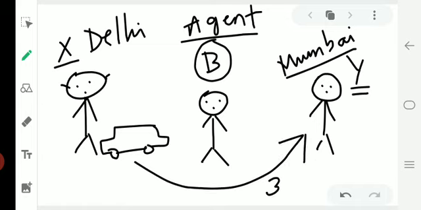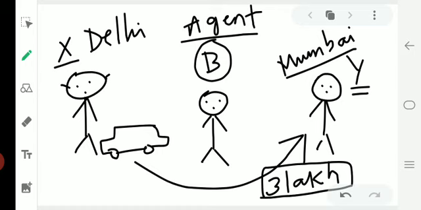Now with the help of this agent B, X is able to sell his car to Y, suppose at 3 lakh rupees. I told you that this is a second hand car, and this 3 lakh rupees that X gets from Y will not be included, because the value of this car has already been included in the year of its manufacturing. So this 3 lakh rupees will not be included. But